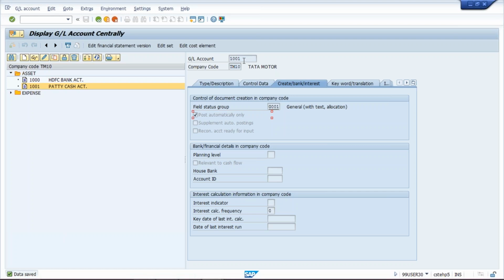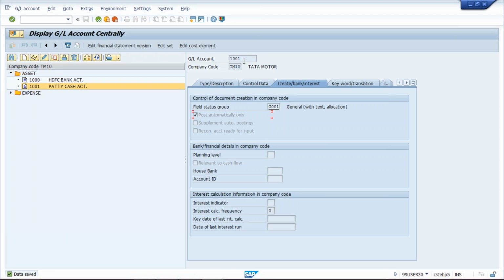Earlier, I showed you F-02 or FB50, whatever transaction we post, a general voucher JV, where bank account is debited, cash account and rent account are credited. There we have given the GL account manually. Manually we have to enter whatever GL you want to be debited on the debit side, and whatever GL you want to be credited,